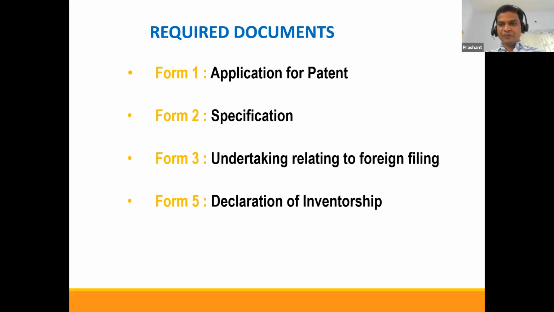One is Form 1. This is called the application for patent. Here you mention the title of invention, and who the applicant is. Is the applicant your institute, or is the applicant the inventor, or a combination of inventor and institute? And then you mention the inventor, their residential address, and the applicant, its address. Then you will also mention whether it is deriving any priority from a foreign country like US, Germany, China. If the answer is no, you can say no.